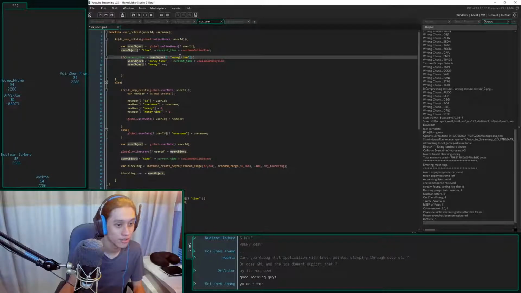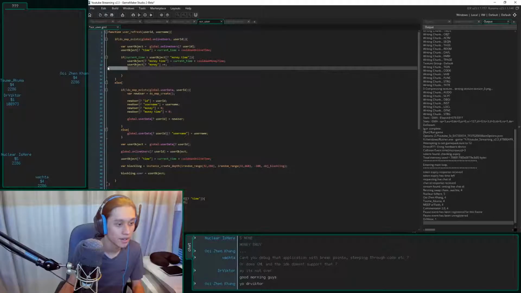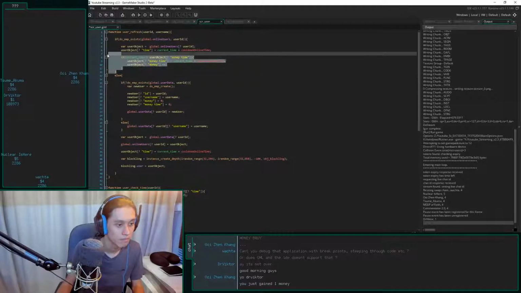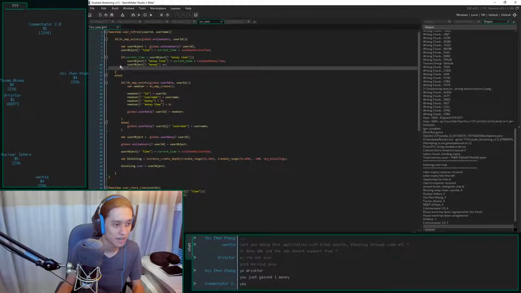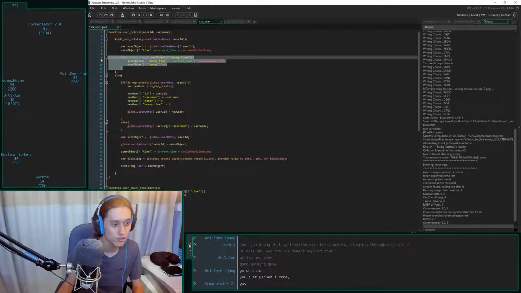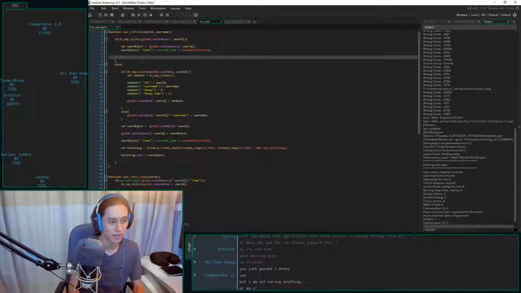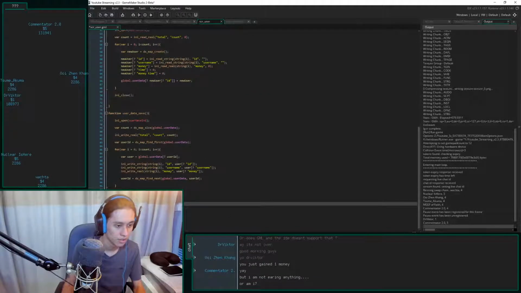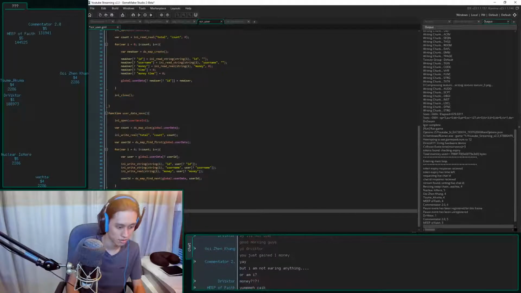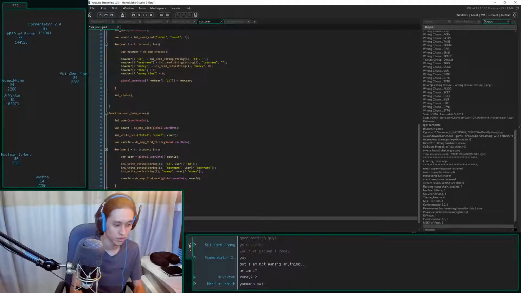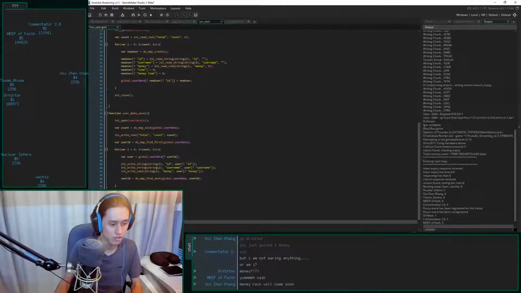If current time is greater than the user object, this means that it's only your second message. So actually, we do need to... Ooh, let me run a check. Actually, I do need this to be a function. I'm gonna call this function user money. Really descriptive function right there.